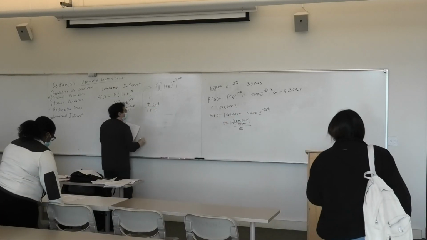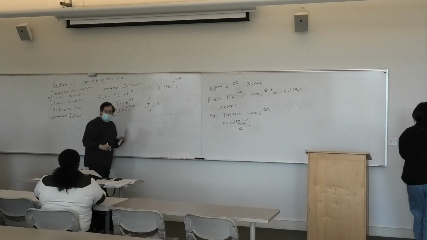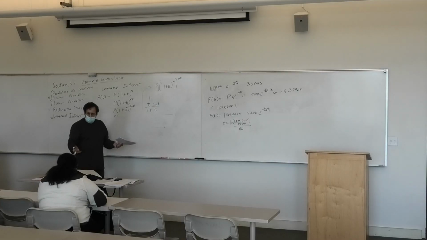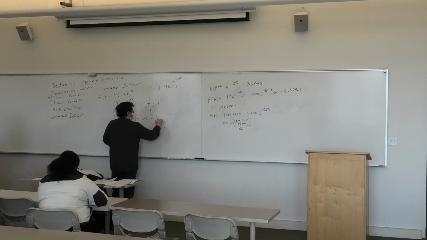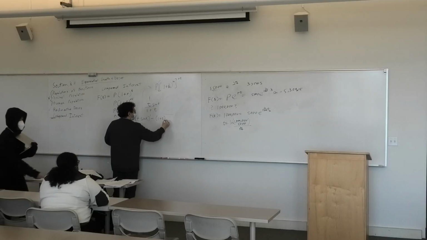So we have to use the quotient rule. So the derivative of t sine t, times 1 plus t,